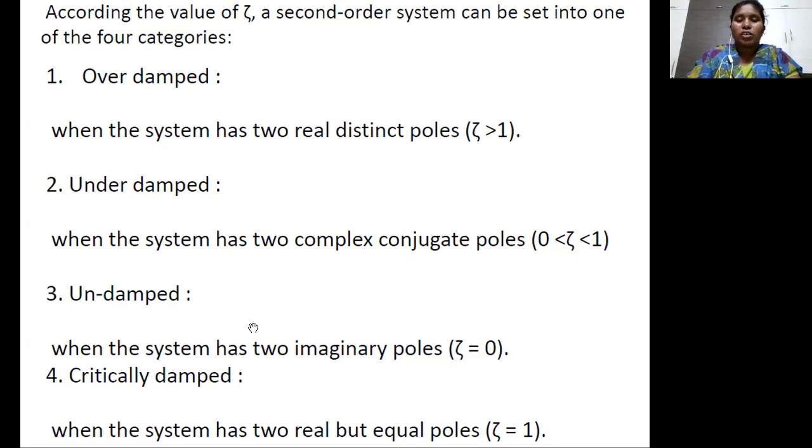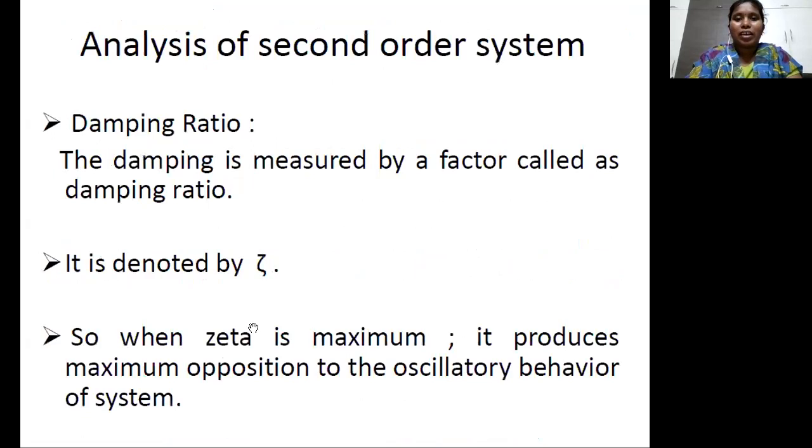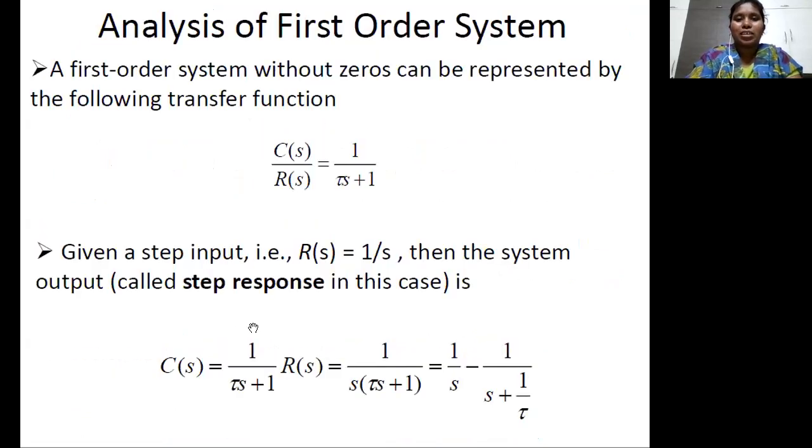is how many types of transient response and steady state response exist, and what parameters we have to consider, that is the total response C of t. And what is meant by steady state error, that is ESS, that means the difference between the actual output and the obtained output is nothing but the steady state error. And also we discussed the analysis of the first order system, that means here we considered the transfer function having 1 as the order, and in that we substituted R of s, that means here I considered a unit step response as the input.